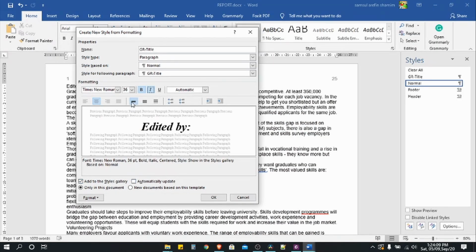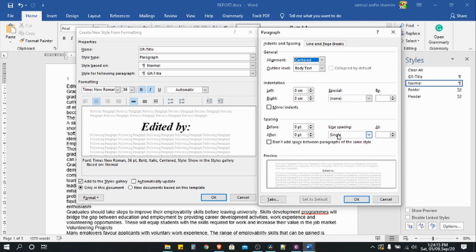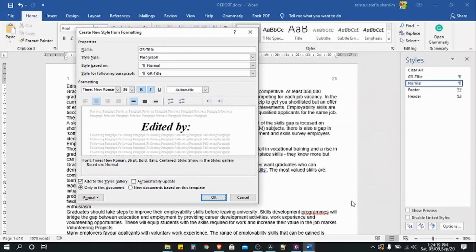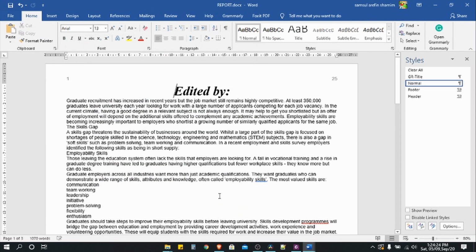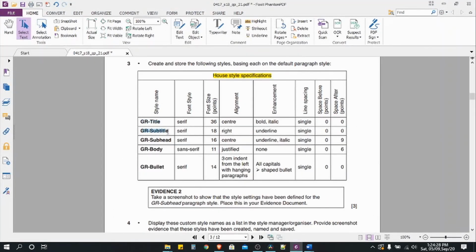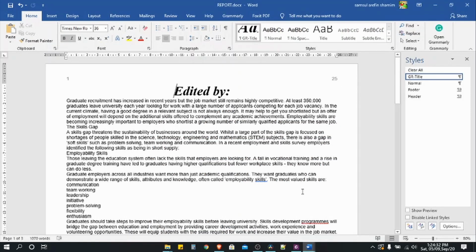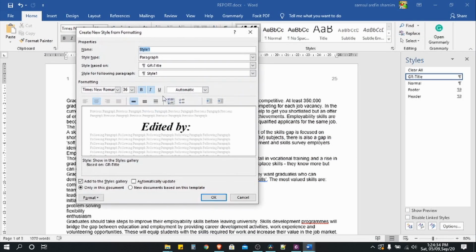As it says this is a single line spacing, you can also do it from here, format, then paragraph. Here is the option line spacing, single line spacing. After selecting that, you can just hit the OK button. There is no other work we need to do in here, so hit the OK button. And the next one is GR subtitle, we are going to copy it from here. Then here, new style, paste the style name,